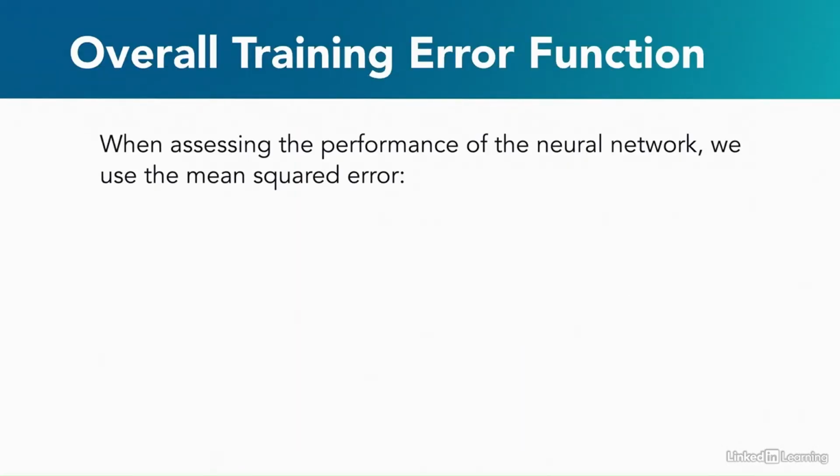Now, when we are assessing the performance of the neural network, we use a metric known as the mean squared error. There are several important details about this function. The error is calculated as the sum of the squared output errors for all neurons in the output layer, all of this divided by n, the number of neurons in the output layer. Remember, a neural network may have more than one output. Since we'll use this error to check how our